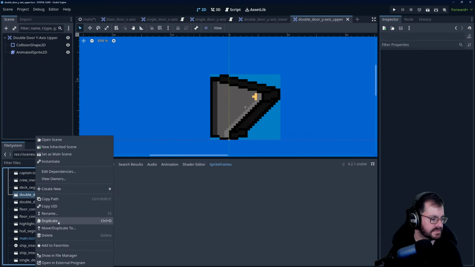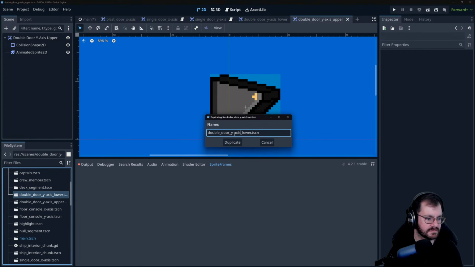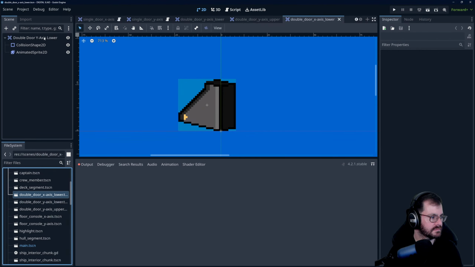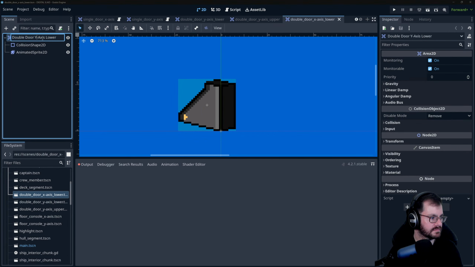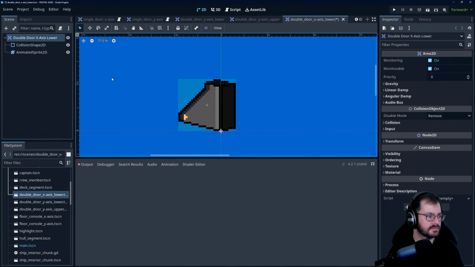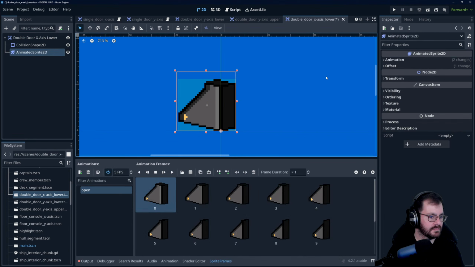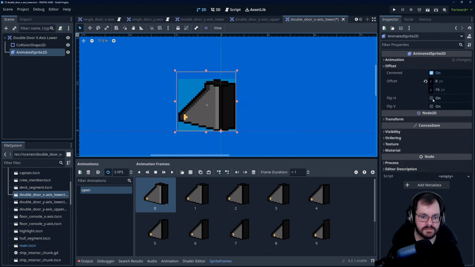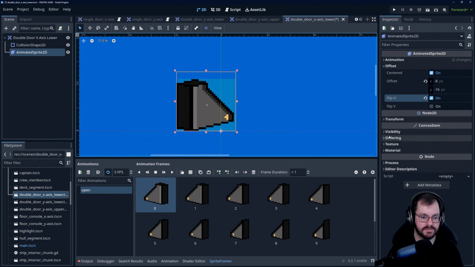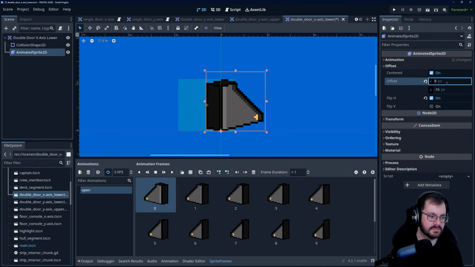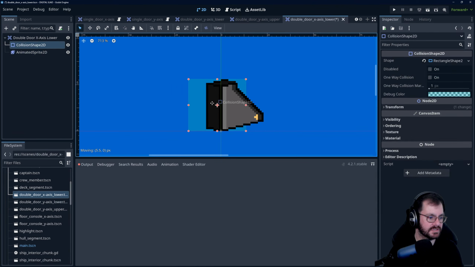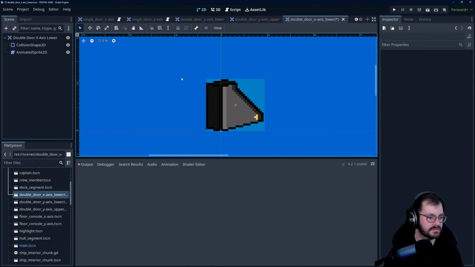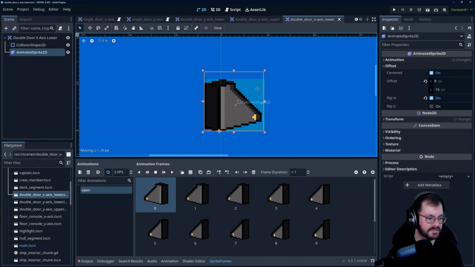Can I duplicate a scene asset? Yes, I can. We just flip this and redo the offset, and move the collider. It doesn't totally work because it's mirroring the lighting, but